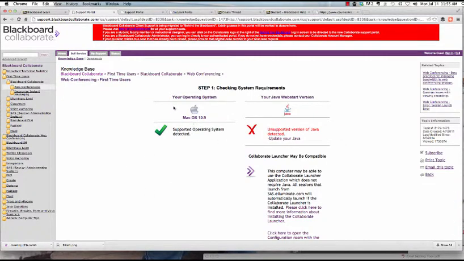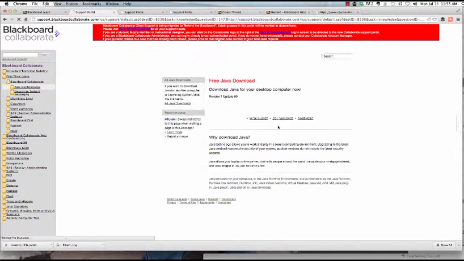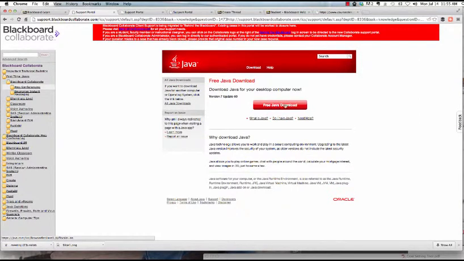And this page will show you if your operating system works, and also if Java is updated as well. You can see here I need to update my Java. So what you would do is just click, I believe right here, update your Java, and it'll allow you to download the most recent version of Java. It's really important that you have that updated before the first Collaborate session so you can log in without any